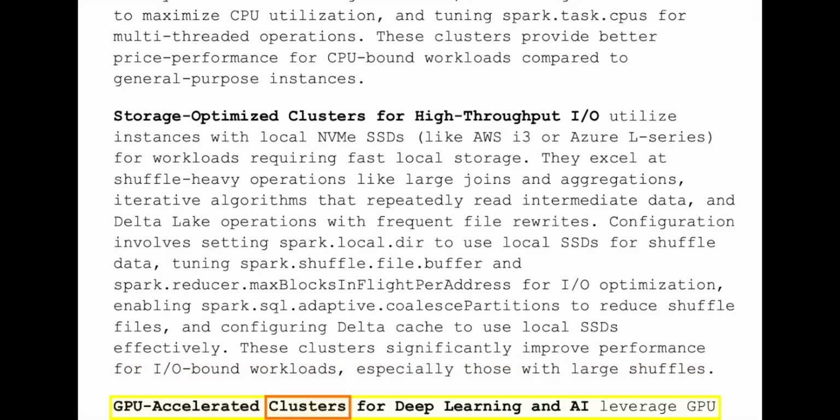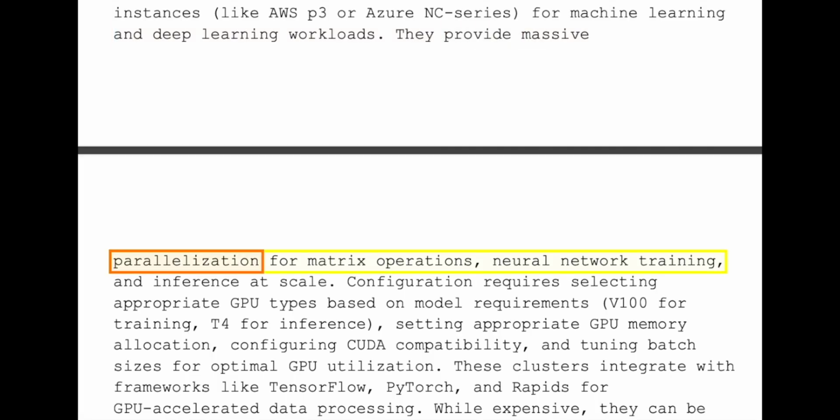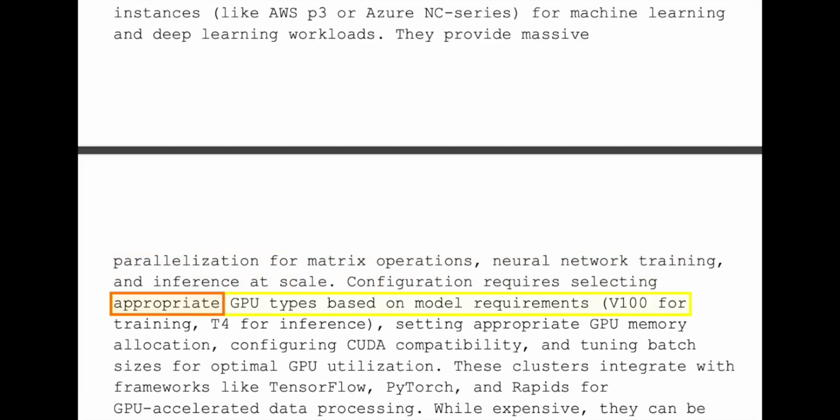GPU accelerated clusters for deep learning and AI leverage GPU instances, like AWS P3 or Azure NC Series, for machine learning and deep learning workloads. They provide massive parallelization for matrix operations, neural network training, and inference at scale. Configuration requires selecting appropriate GPU types based on model requirements, V100 for training, T4 for inference, setting appropriate GPU memory